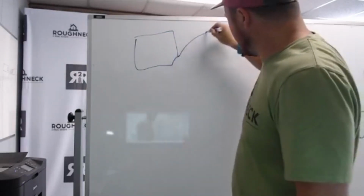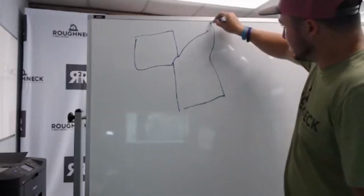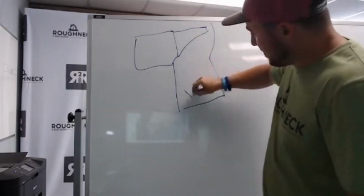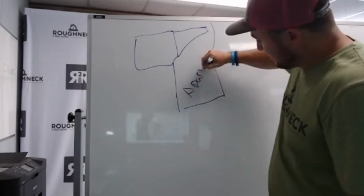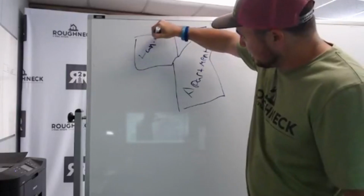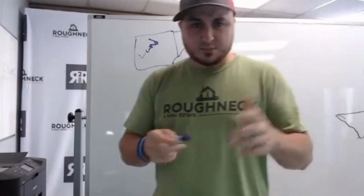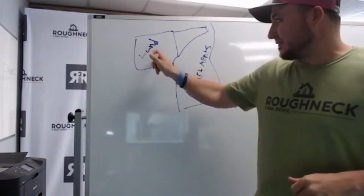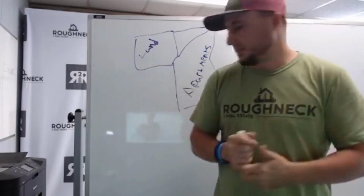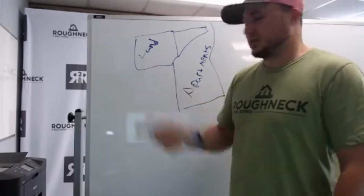We got the apartments over here. All right. These are the apartments on this land. This 4 acres is kind of shaped a little funny. Anyways, this is apartments. This is land. We said, lender, on that appraisal, we're not getting any credit for this land. 0 credit. None. But the taxes on the land, I mean, it's on the tax roll